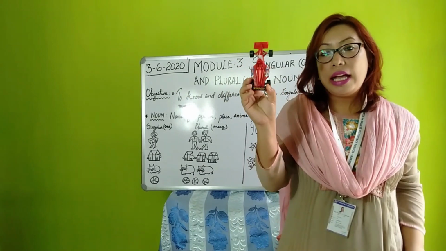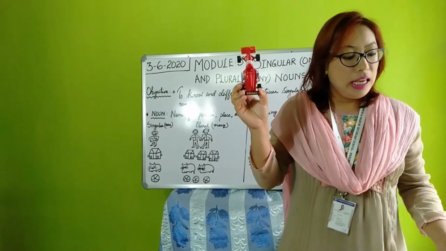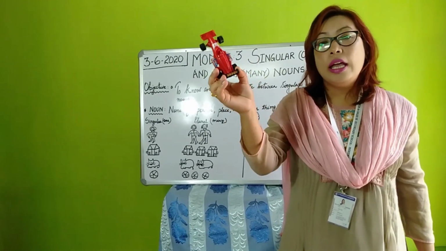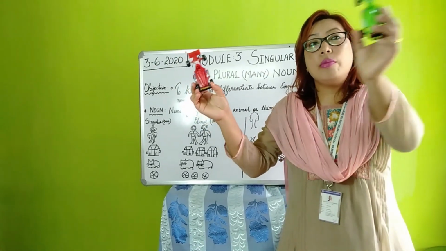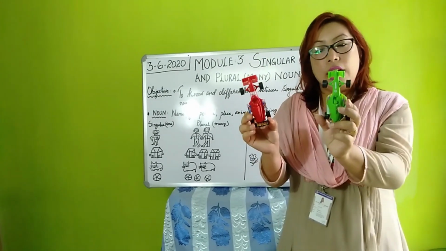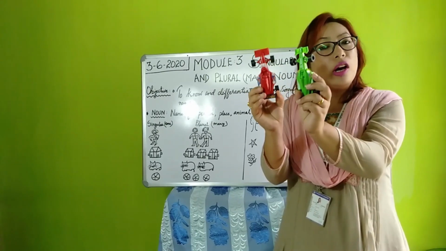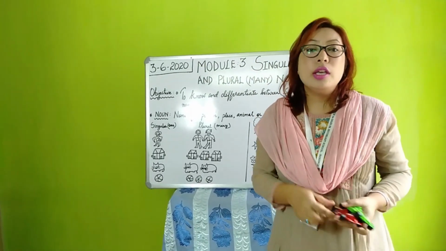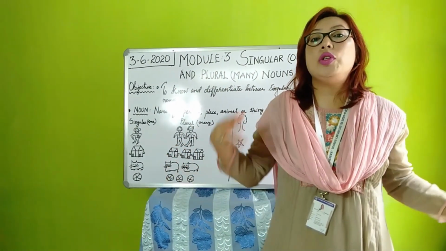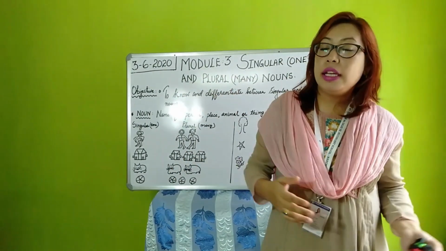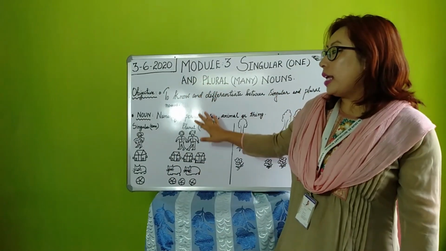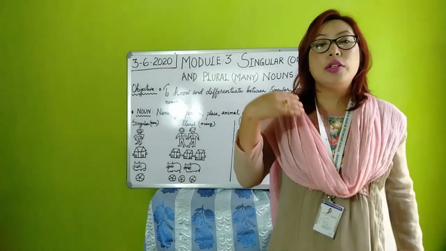One more example. What do I have in my hand? It's a toy racing car. Is this singular or plural, students? It is singular because I have only one. But if I go and buy one more, what does it become? It becomes plural, that means more than one. Now I have two. Alright, you have understood. Singular means one and plural means many. It may be 2, 3, 10, or 20, it depends. I have given a few examples here with the help of which you will understand it better.